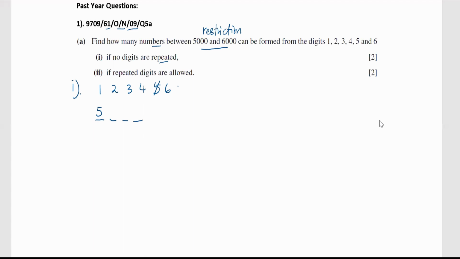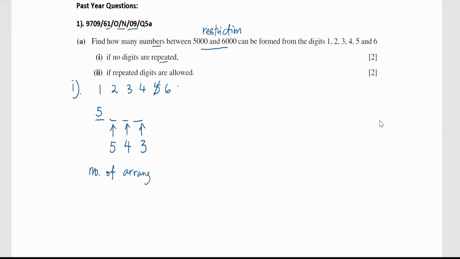So when we move on to the second place, there are 5 ways to fill up the second place. All right, then we move on to the third place. There are only 4 digits left to fill up the third place. And finally, the fourth place, there are only 3 digits left. So 3 ways. Hence, the number of arrangements